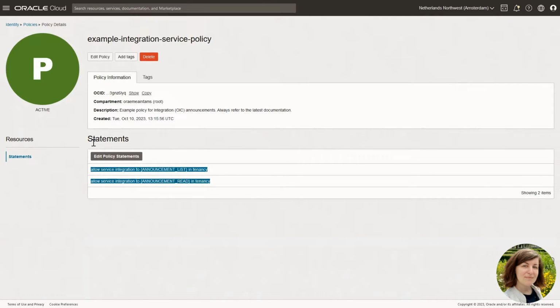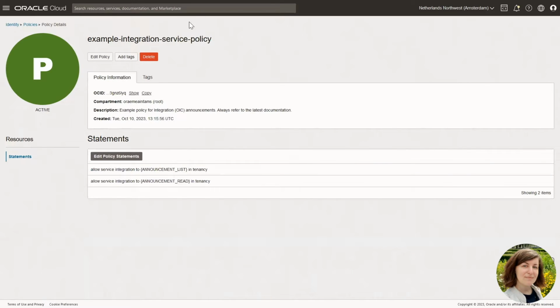These statements are not on group level, they are on service level. With this policy, you enable console announcements to be available directly from your OIC service console.